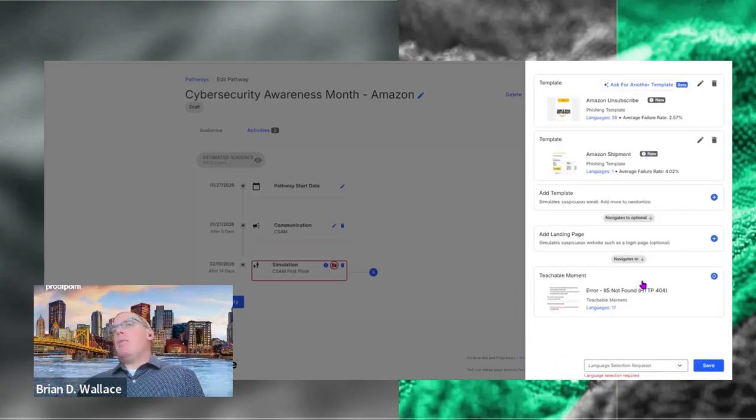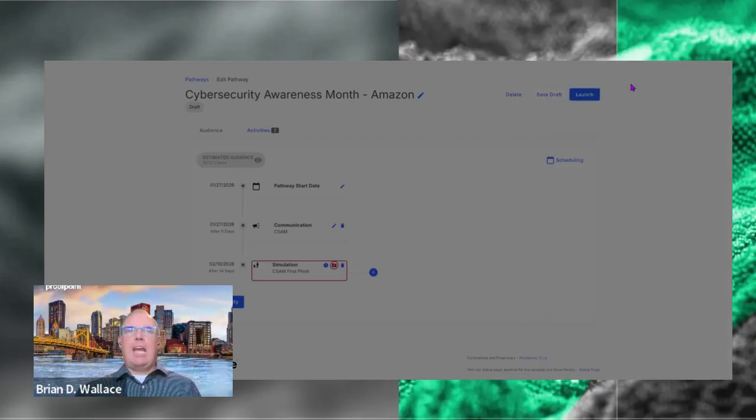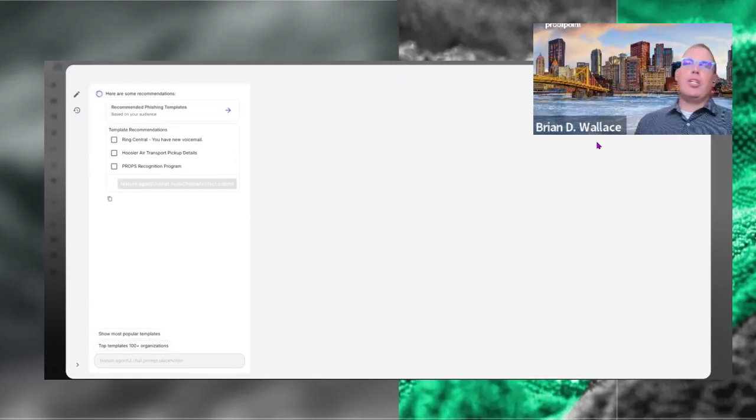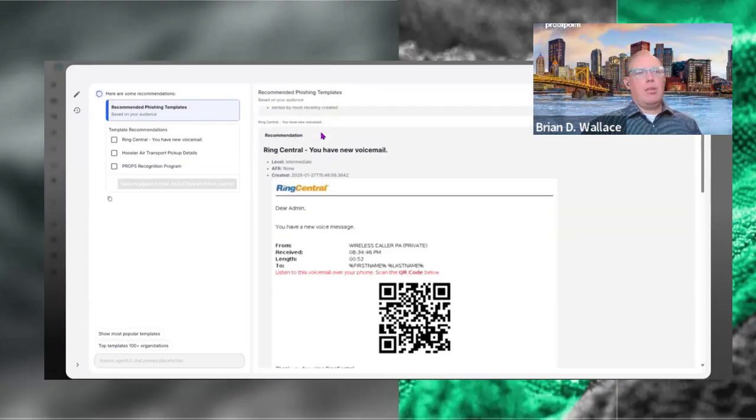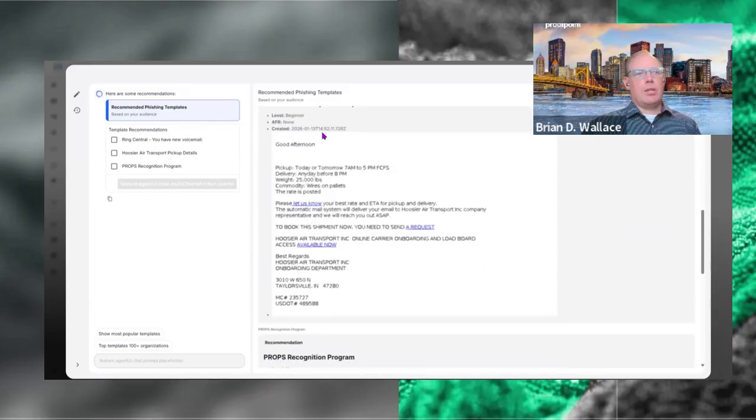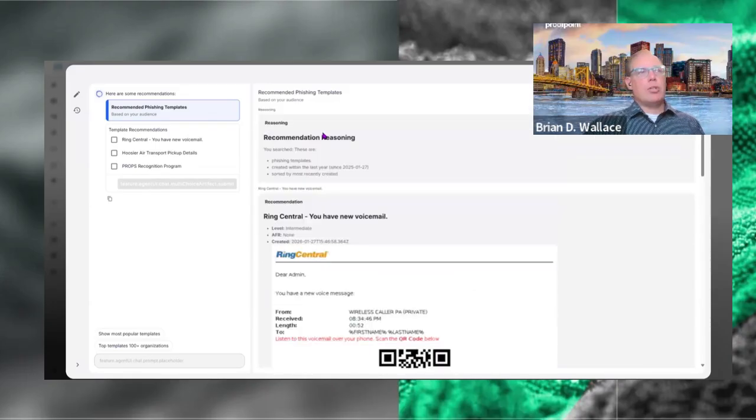And so now we have two templates, but maybe I just don't know what I want, right? Maybe I'm just really looking for some help, looking for some guidance. The nice thing is we now have this beta, right? So we have this beta AI tool. And so the first thing it's going to do, gang, is it's going to provide you some template recommendations, right? And so if we want to explore these, we can just kind of click on this little box here and we can sort of start going through and taking a look at these different templates. And it also will provide us a recommendation and a reasoning for why this is what it is, right?